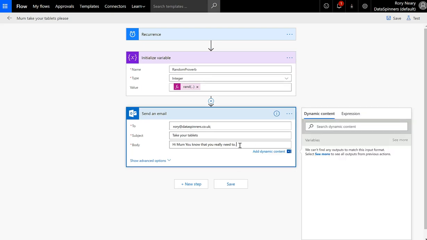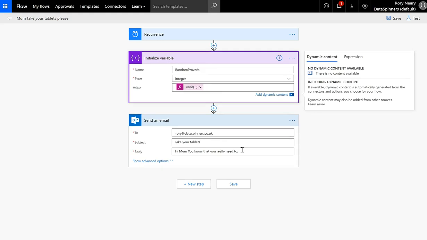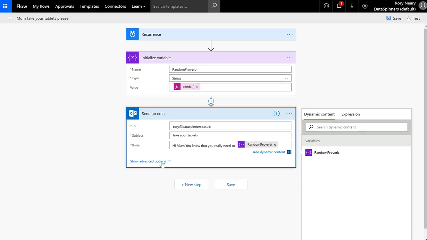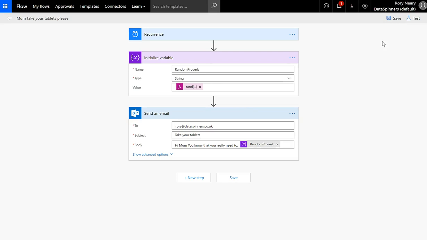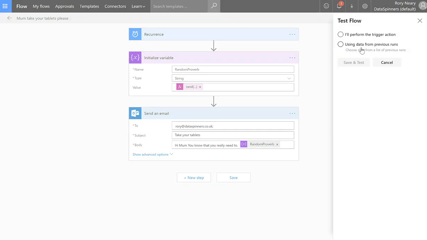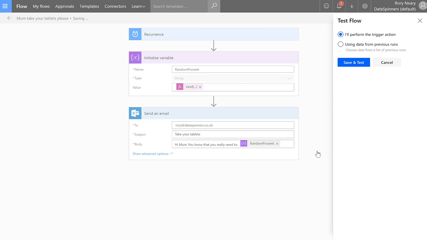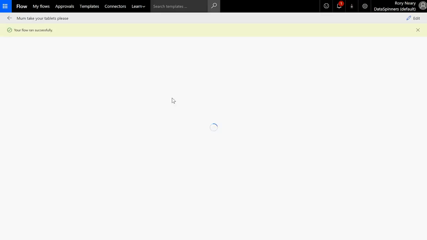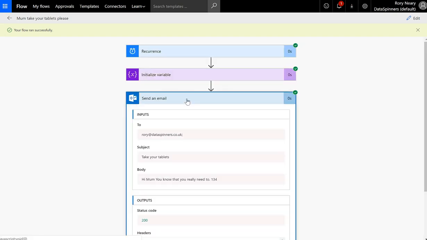In my email, just so we know that it's actually working, we might need to wrap this in something. I think initially I'll just show you that it is as a string, because that way we can put it into this random proverb thing, and then I can test it and show that it comes through with a random number between 1 and 150. So if I go test on that, I'll perform the trigger action, save and test. What we'll see is it'll actually run, which is great. Go done on that. We'll see it run real quick, and then you see on the email thing it says